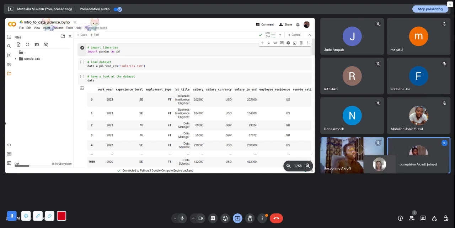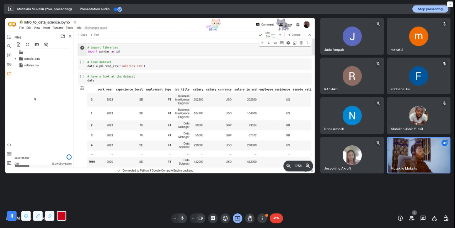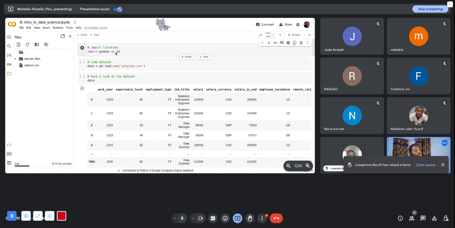And the easiest way to do it is to just drag the data set. So you just drag it into this session here, and then you release it, and it will load. The first time it will give you this warning, which is fine. Just click OK. What that means is that if you don't have a backup of your data, since this is not your local PC, when you close it, you will lose the data. So once it is done loading, you will see it here, and then you can run the first cell, for example, the library, and then we load in